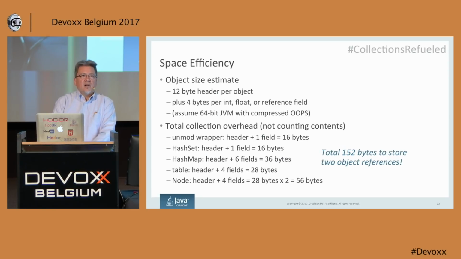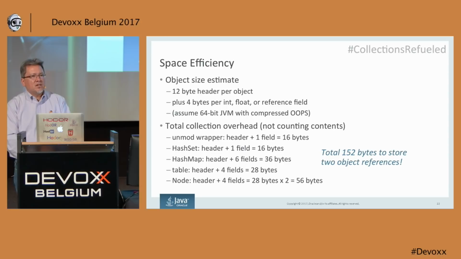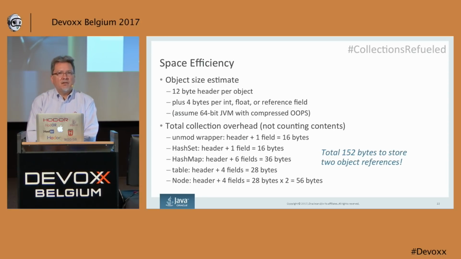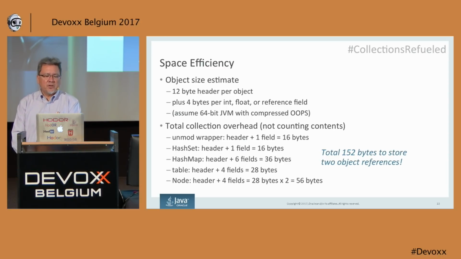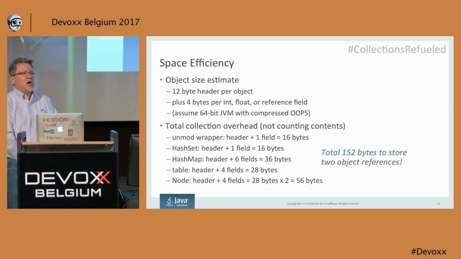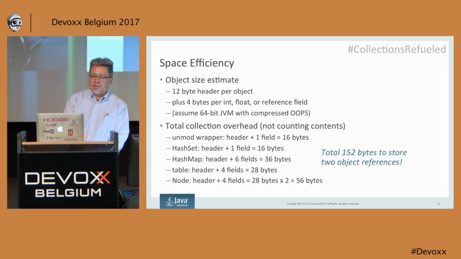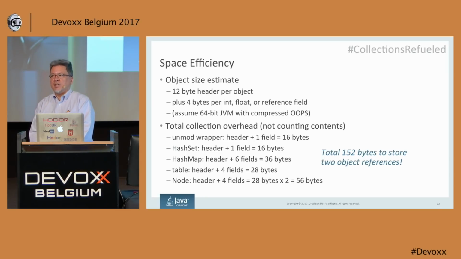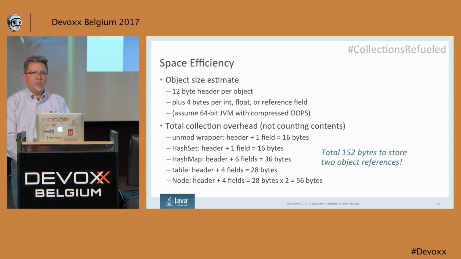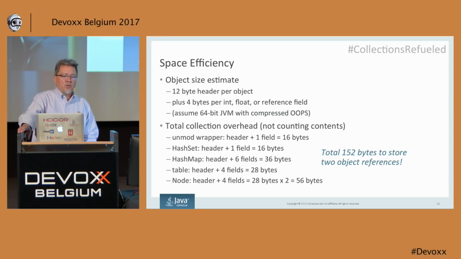All right, so now let's talk about the size of these. One of the things about Java is that small objects are actually fairly wasteful. On a small heap size, there is a 12-byte object header for every object. And if you have a large heap, then the header rises to 16 bytes. I'm not going to go through all the details here, but if you add it all up, it turns